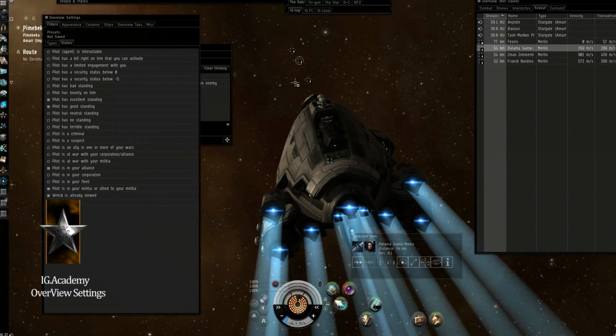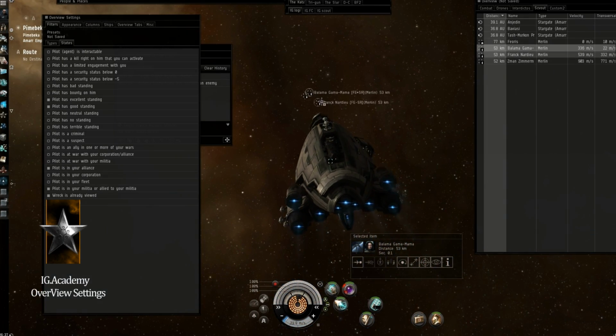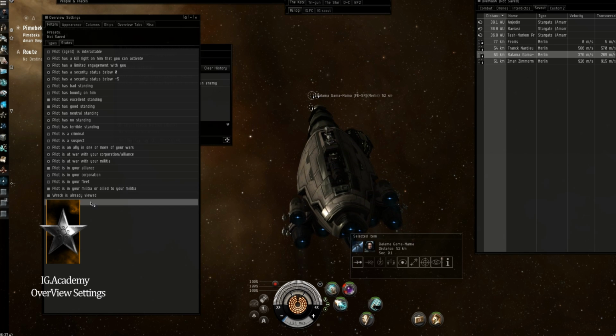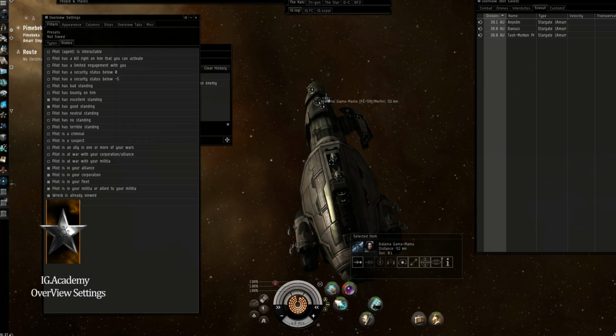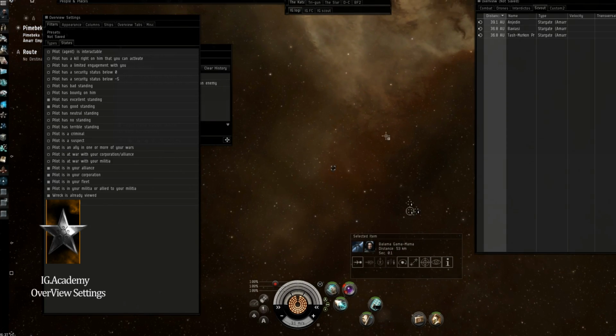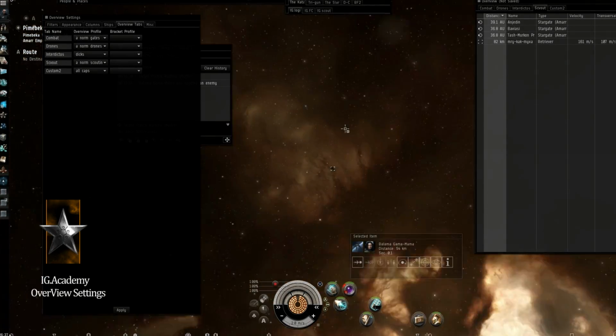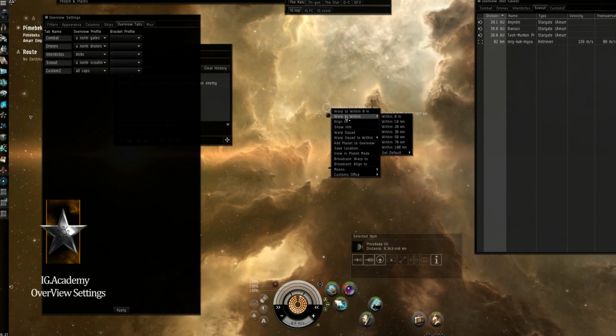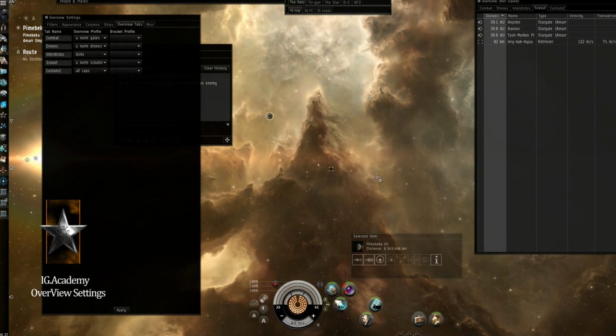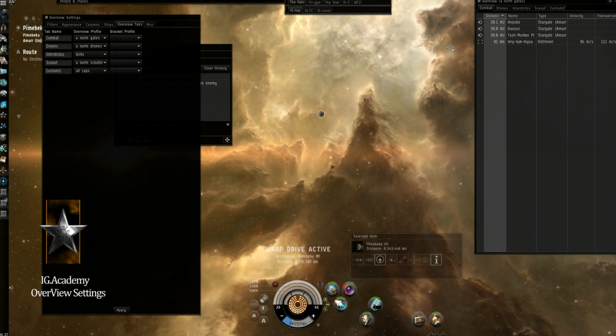There, it appeared. The little icons that complete the hex on it. Alright, what have I missed? Okay, so scouting, yes. So if I warp to a planet, and I scout something with my warp drive active,